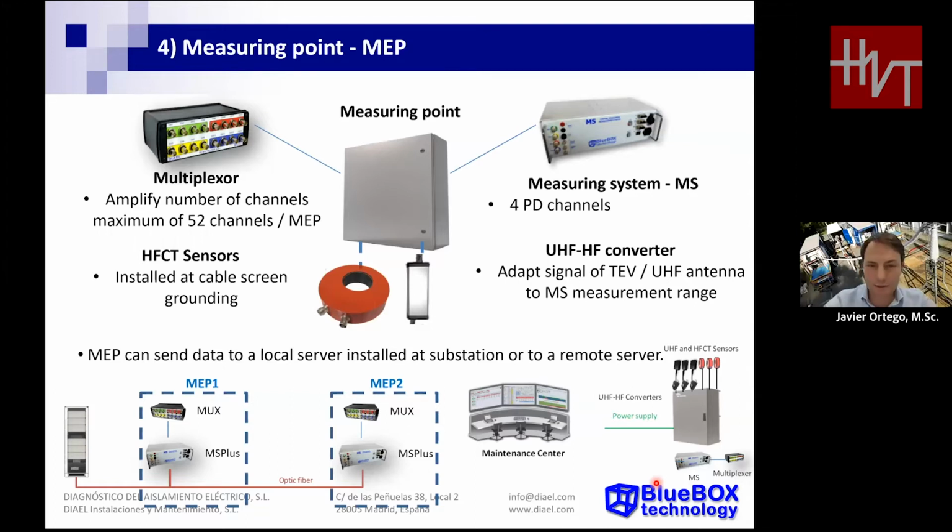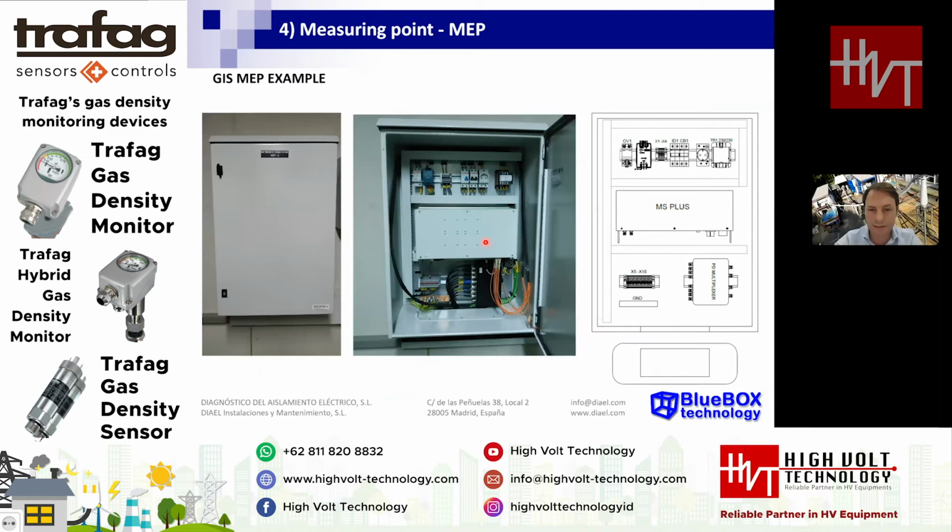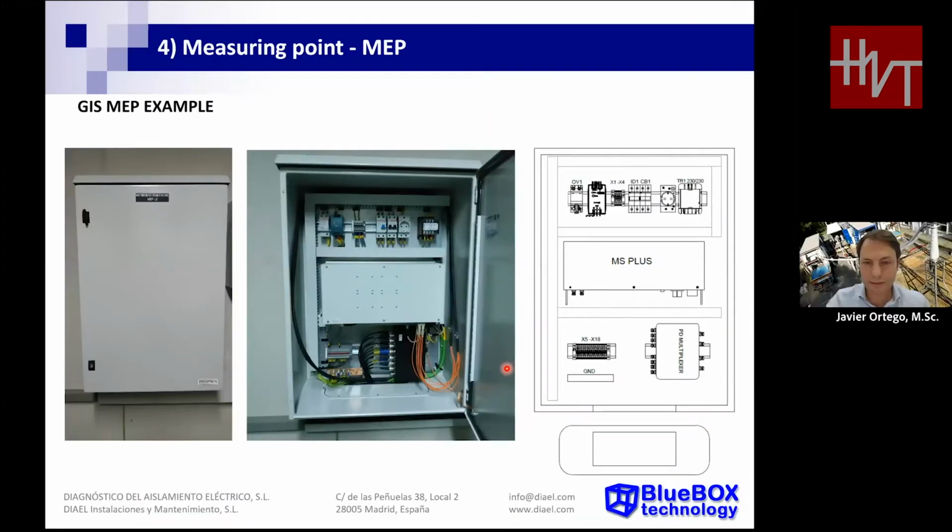This is the aspect of the measuring point. We have a case that will be manufactured according to the needs of the final installation, with the IP protection for the environment. We will also have inside several electrical protections for the instrument to avoid any over voltage that can damage the instrumentation. And we will have all the cables connecting the sensors that will be installed at the assets of the high voltage installation. So this is very clear: we have instrument, multiplexer, and a lot of cables for the sensors.